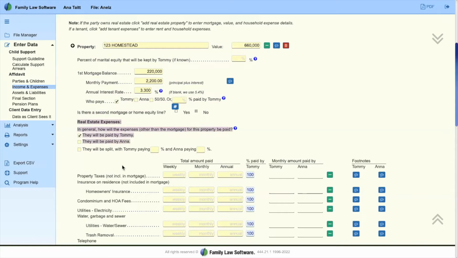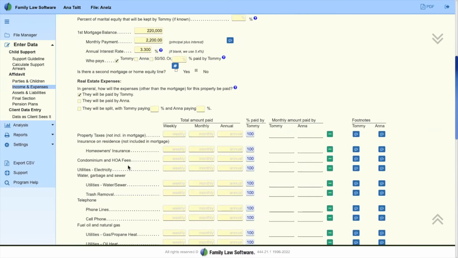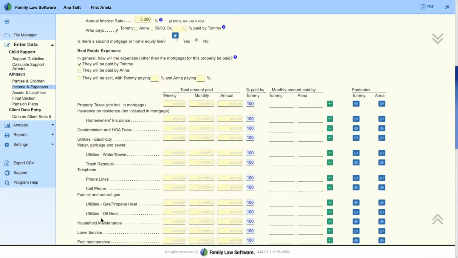Real estate expenses. So what we do in our program is when you have a piece of property, we create a separate property with a list of expenses. So each property has their own expenses if you have multiple properties. So all of the expenses are listed here in the order of the financial affidavit. You could enter it as a weekly, monthly, or annual amount. So if I enter the annual taxes as being $12,000 a year, then it automatically updates the monthly and the